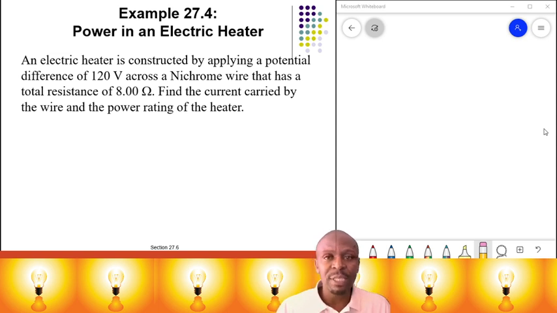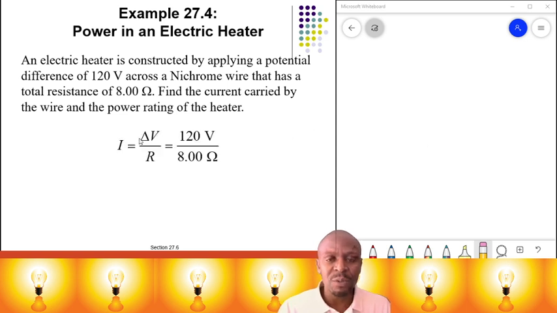Now let us do this example as our second last. An electric heater is constructed by applying a potential difference of 120 volts to a nichrome wire which has the resistance of this. Now if you have to find the current from this equation and the power rating, you just use the equation of Ohm's law, 120 divided by 8, and then you just punch your calculator, and then if you have to calculate the power